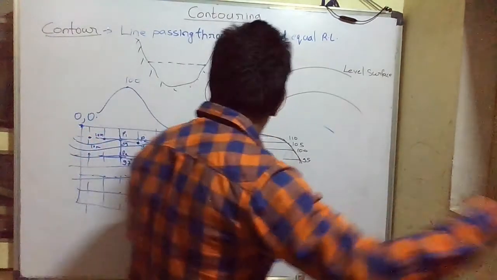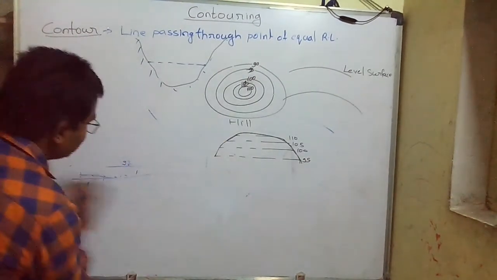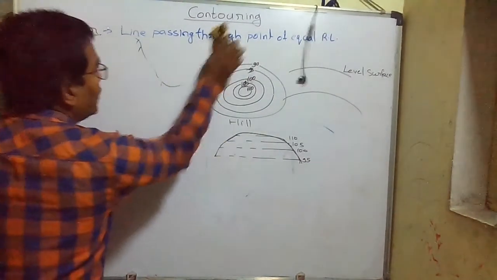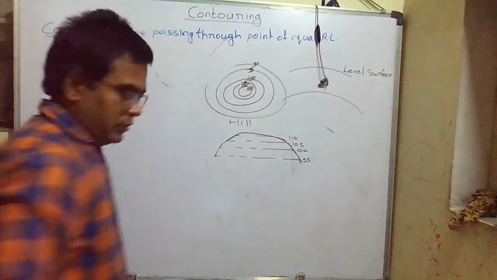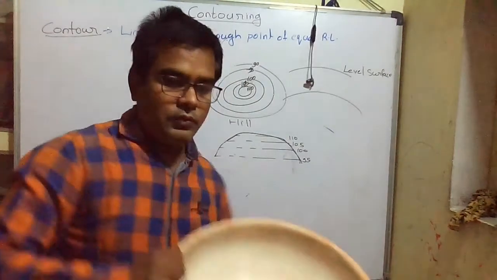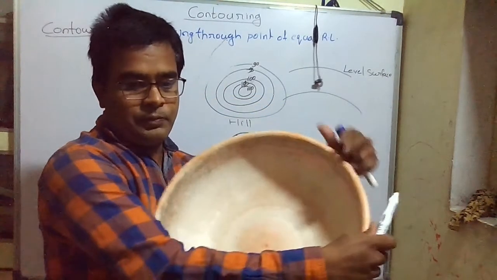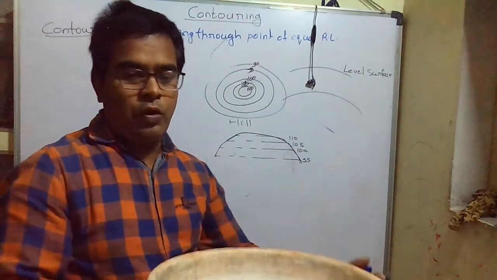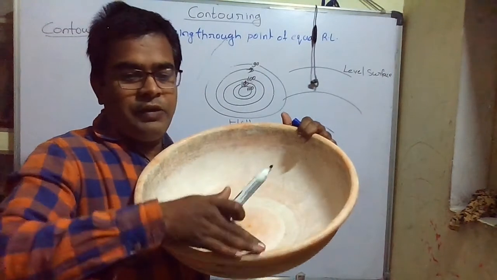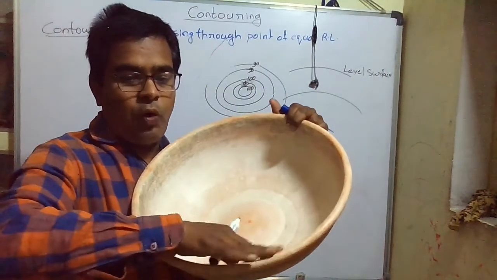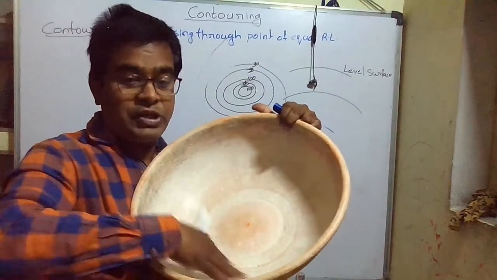Now let us consider if there is a valley. If there is a valley, how will be the nature of the ground? Okay, see, now you can see this portion. Now suppose this is the pot, this is the pot like this, if I can hold it like that. Means if we see a pond is like this, means there is a depression.